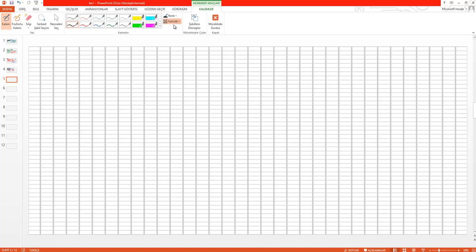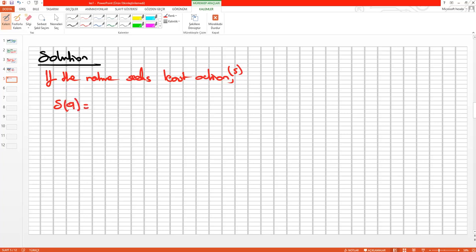We propose a solution in here like this one. Okay, if the nature seeks least action or minimum energy, or the efficient way, and so we can define it as S, and then we can write it down as Q. S is an action, Q is a position, and so we have the timeline in here T0 to T1, and so the Lagrangian L of Q, Q dot and T dt. And so if we have any formula which is given to minimize this energy, then we can reach the behavior of the nature. Okay,